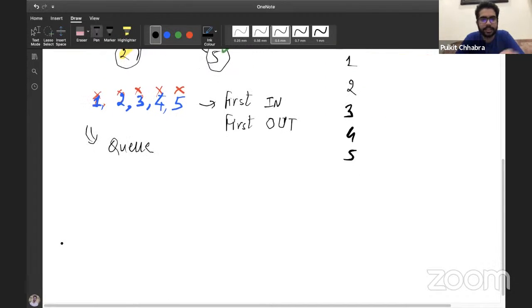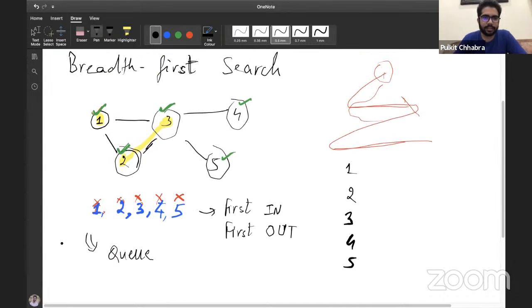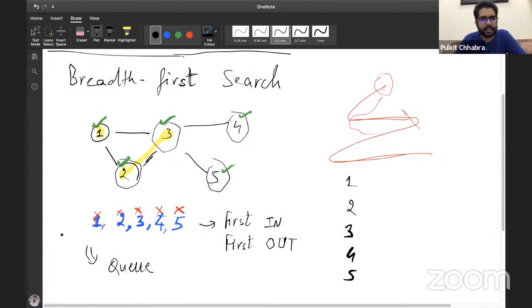Yeah. Okay. So the other thing that may be noticed here is that when we are pushing the nodes in the queue, right? First we pushed the node 1 to the queue, right? Then we push the nodes 2 and 3 and then 4 and 5 and so on and so forth. So first the node itself, then its neighbors, then the neighbors of its neighbors, and so on and so forth, right?